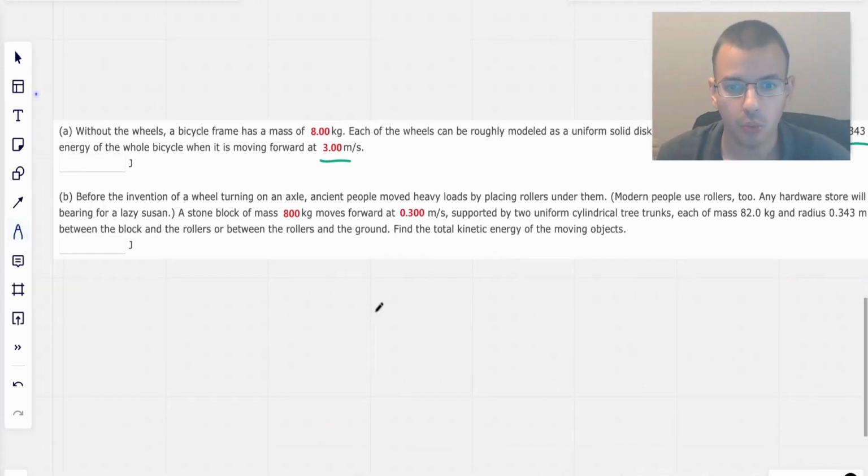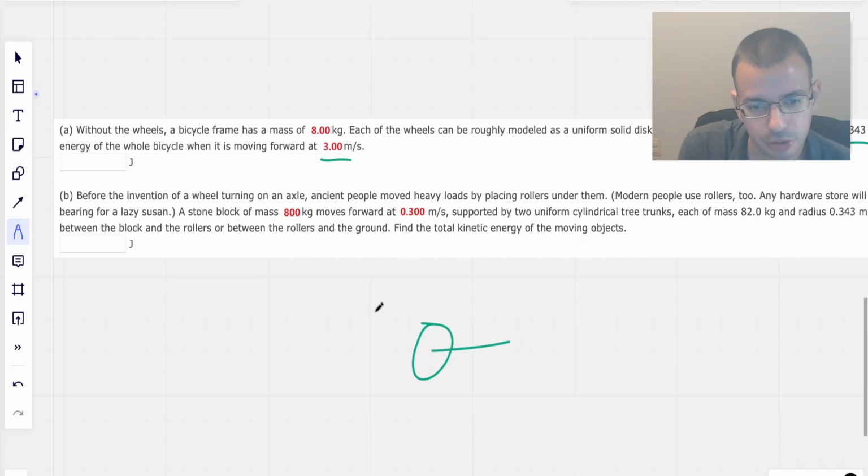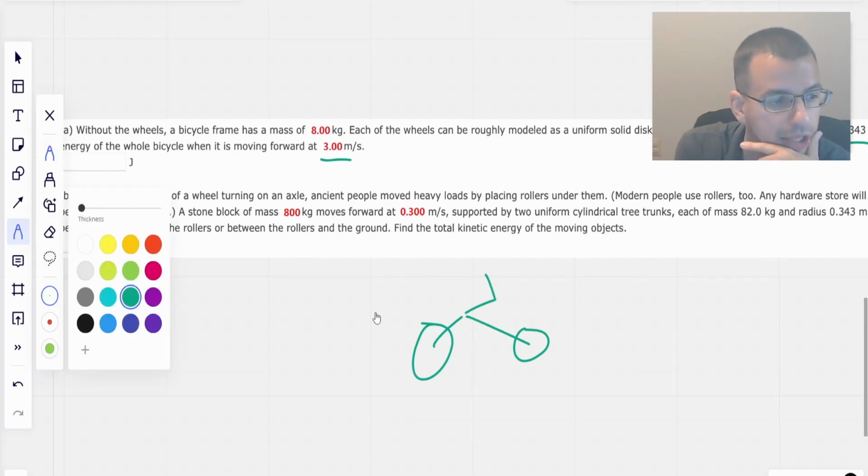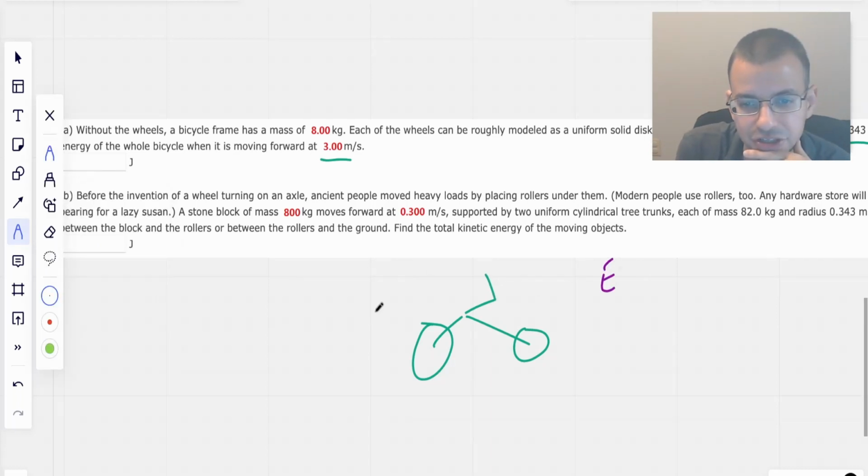Okay, so we're going to draw a picture of our bicycle. We're going to assume 2 wheels, i.e. bi. And that's a terrible picture of a bicycle. That's even worse. This is tragically bad. All right, so we're going to find energy kinetic total, which is going to be energy